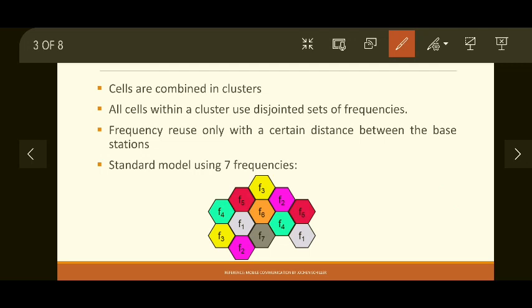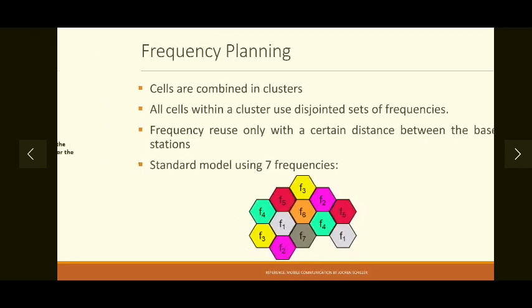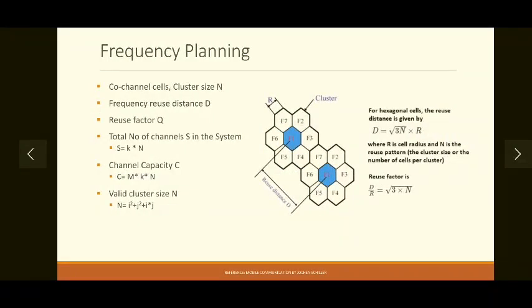So the important points are: what is a cluster, what is the size of a cluster, at how much distance you can use the same set of frequencies again, that is frequency reuse, and what is the standard model using the cluster size, that is, in this case, 7. So let's see in a little more detail how frequencies are selected and allocated to different channels or different